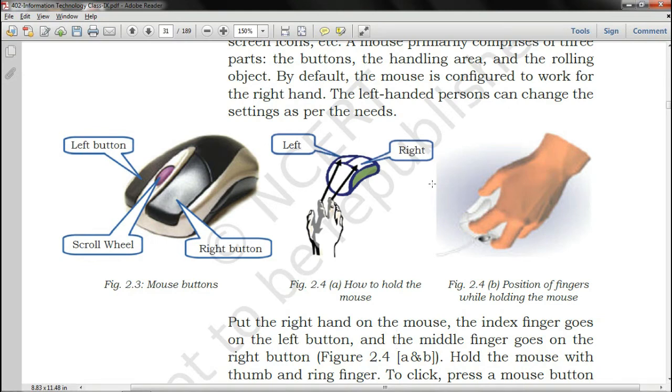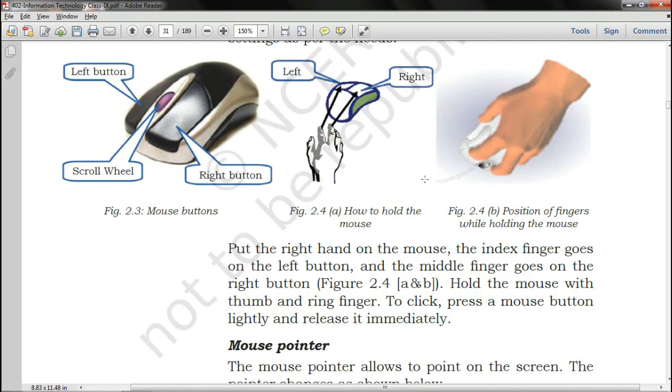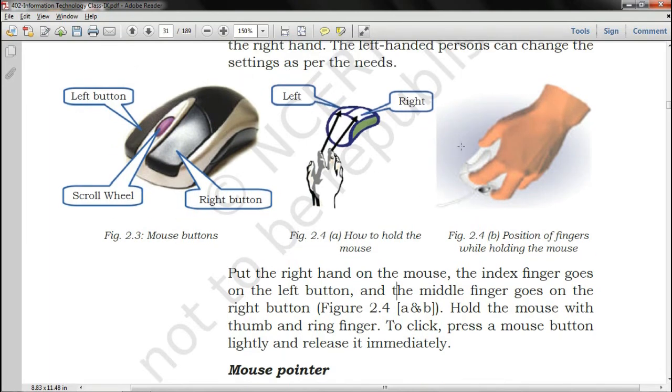Okay, so can you see how we are grabbing it? We'll be grabbing it with our right hand, and the index finger will be placed at the left button here, and our lady finger will be placed at the right button.